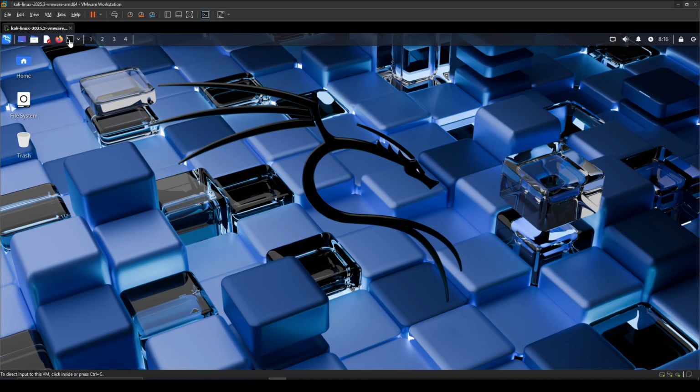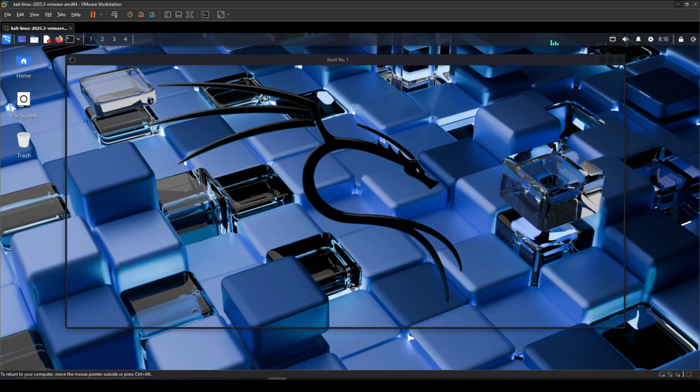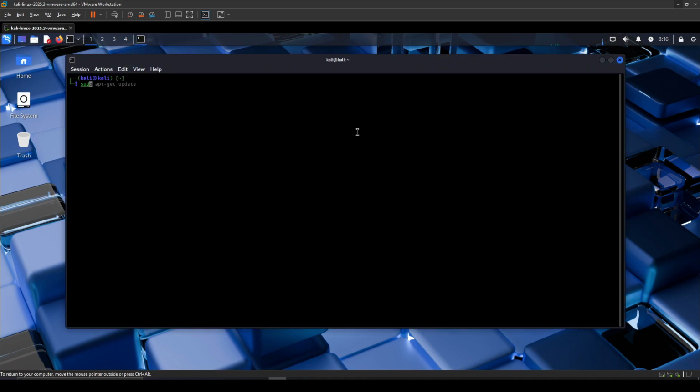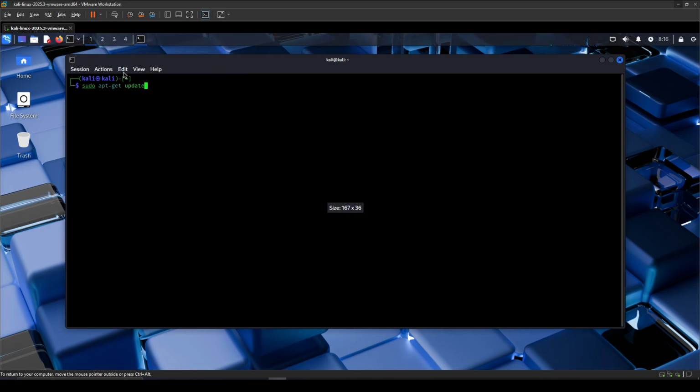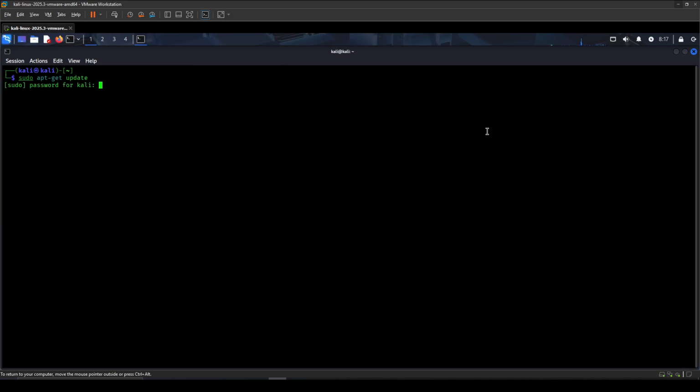Important disclaimer before we begin: everything we do here is strictly for authorized penetration testing, red team exercises, or educational purposes in your own isolated lab environment. Never use this against systems you don't own or have explicit written permission to test. Stay legal, stay ethical. Now we're going to install BeEF